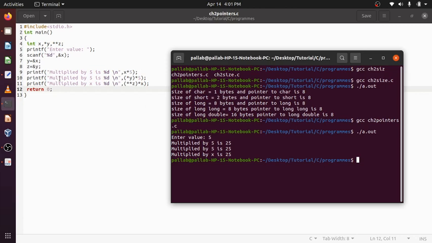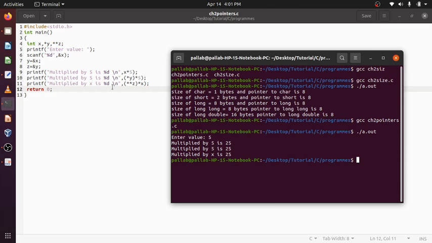Now I am accessing the value of x directly, x into 5, 25. Now I am accessing the value of x through y, (*y) multiplied by 5, 25.